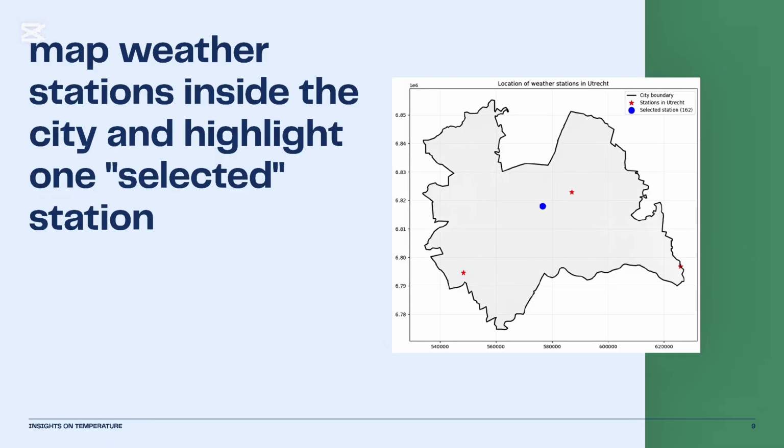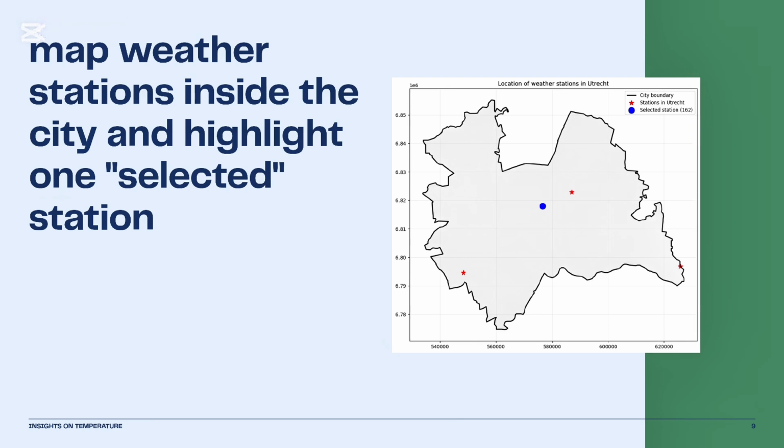To perform that validation, we first had to find the stations. We loaded the ECA&D station metadata and spatially joined it with our Utrecht polygon. This identified 4 stations located inside the boundary. We selected the most central and complete one, DE BILT station 162, shown here in blue, as our primary source for